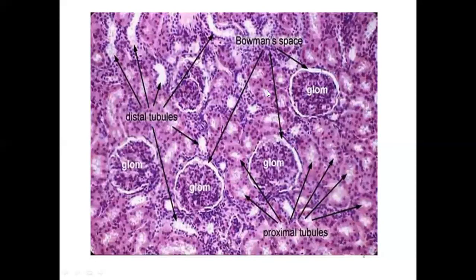Again, a cortical component where there is a glomerulus, and around the glomerulus there are different cross sections. Look at the distal convoluted tubule parts. They have a wider lumen. They have a narrow wall thickness and a very prominent light central lumen. On the opposite side, the proximal convoluted tubule has an obscured lumen due to the microvilli, brush border appearance, and the secretions present there, or actually the proteinaceous components present in the lumen.